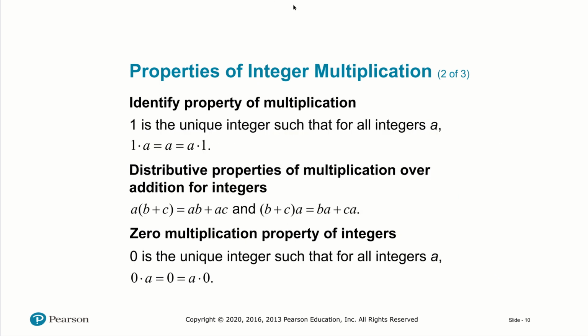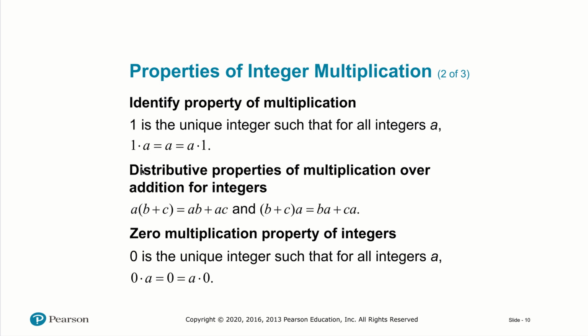As we did with the whole numbers, of course, we have the identity property of multiplication, and the multiplicative identity is known as 1. So we call it the multiplicative identity. And that's because when we multiply 1 by any number, there's no change. It doesn't change the number. We get the number itself, okay? And it doesn't matter whether we multiply the 1 from the left or the right, of course, because of the